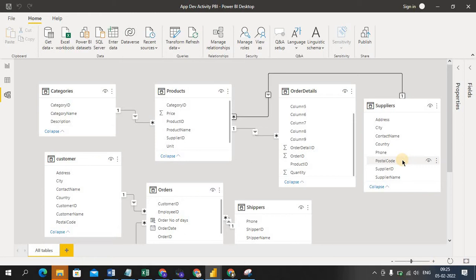So, the concept of a data model: think this is the HR table, this is the finance table, this is the transport table, and this is the manager table. These four tables are there, like these four individual departments. Now there is a common key between these tables. The common key I can say is employee ID, right? So I will join these four tables based on the common key called employee ID.